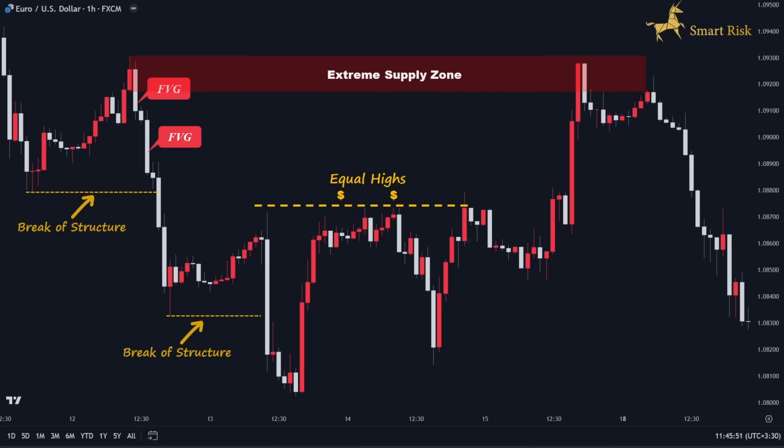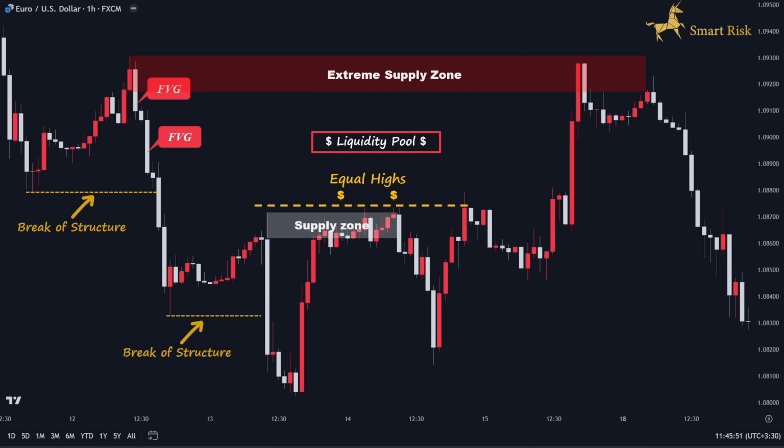Subsequently, after a temporary retracement, the price began to move downward, resulting in a bearish break of structure and the formation of another supply zone. However, in the subsequent movements, we can see that the price retraced back toward the last supply zone and created perfect liquidity with the formation of equal highs in that area. The presence of this liquidity pool below our identified supply zones increases the probability of a potential price reversal from our identified extreme supply zone.